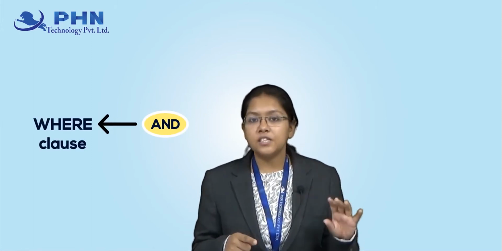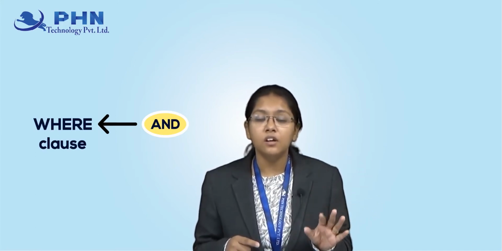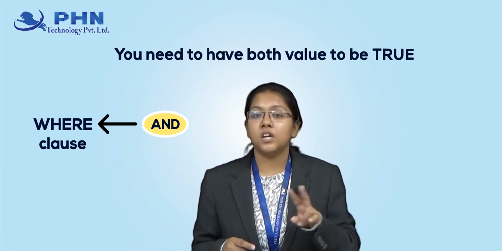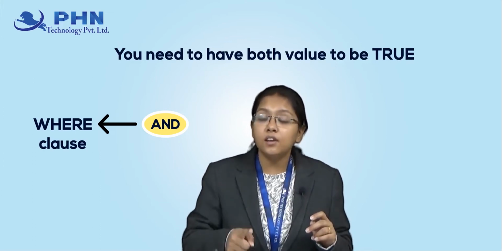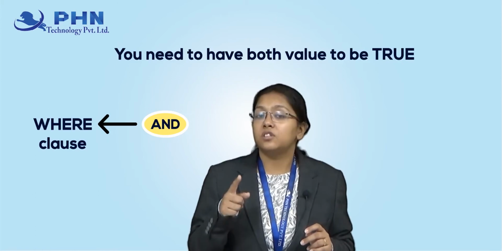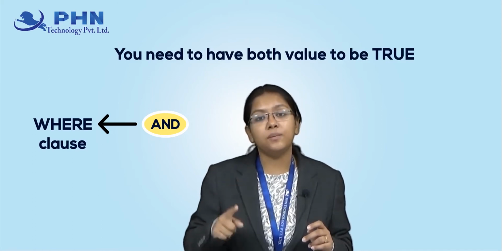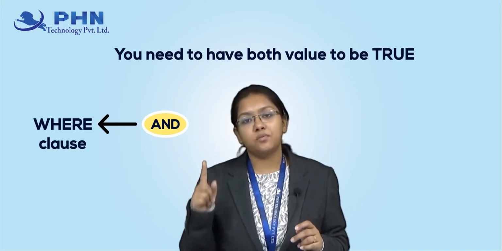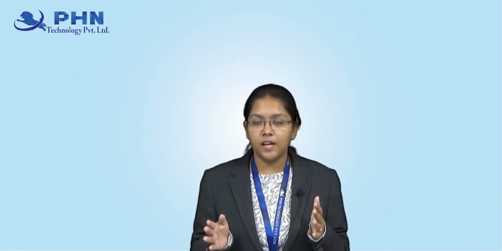In the previous lecture, we saw the truth table of that. And what was the condition of the AND operator? You need to have both the inputs, that is both the values, as true, and only then will you get the answer as true. If this is not the condition, and any one of them gives a false value, then it will give the answer as false too. So this was the condition of it.